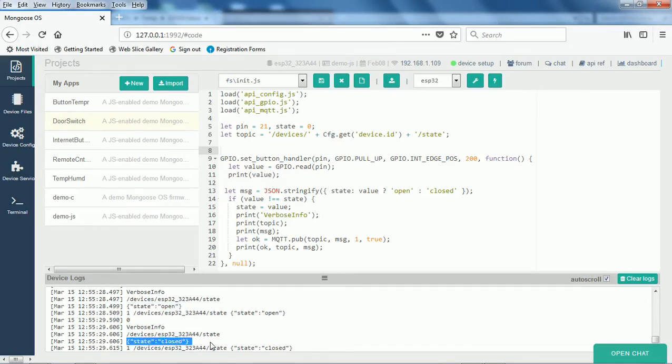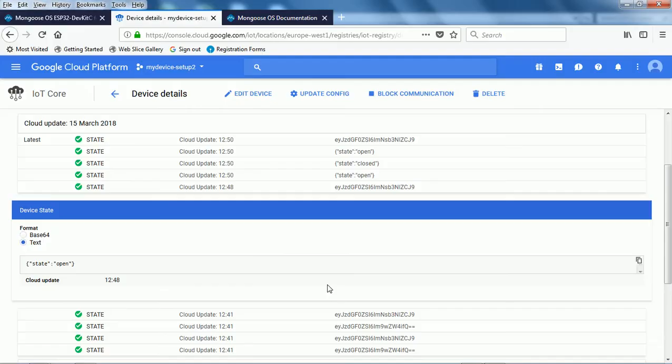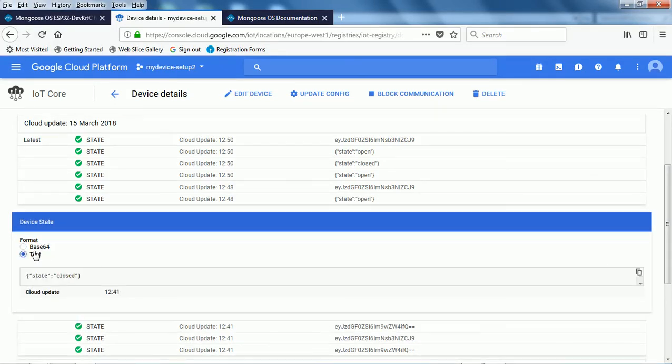The same information is then published using MQTT to Google IoT, and then we print this in the end. Now let's quickly go once again to Google, and you can see what I was showing you earlier. This is the state and then open, and similarly here state closed. So at various times this information is made available at Google IoT.